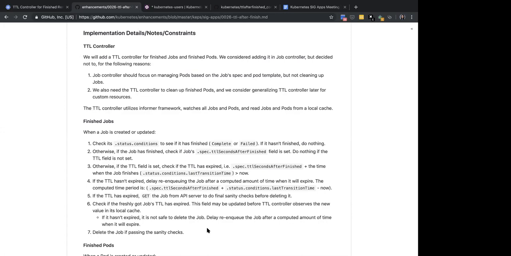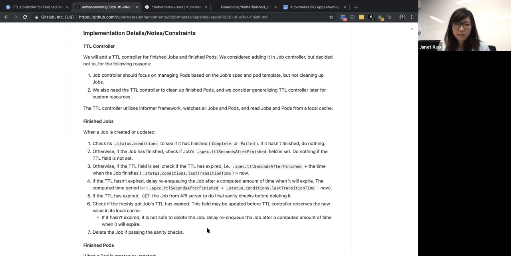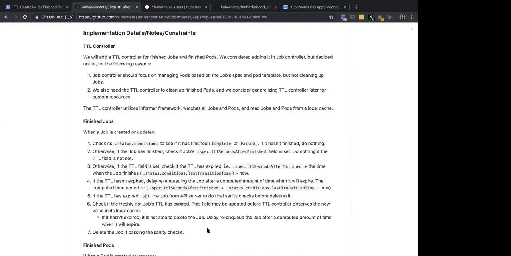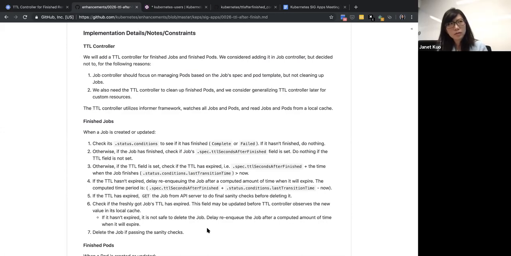So maybe the real answer is to start small as you did. I don't know. I wonder what the other opinions are on the matter. Or we can simply use the TTL for the creation timestamp for the resources like secrets and config maps.